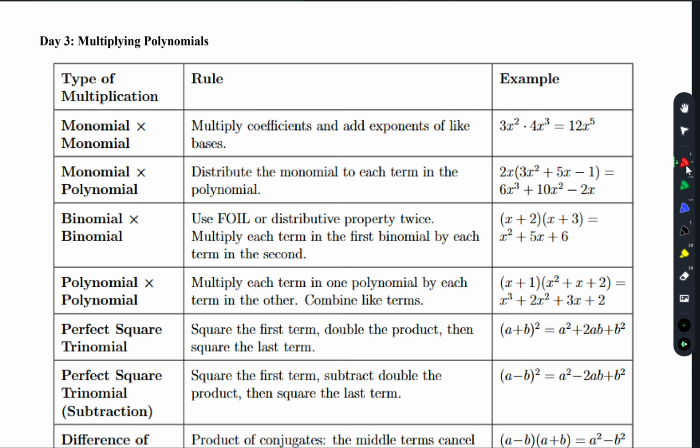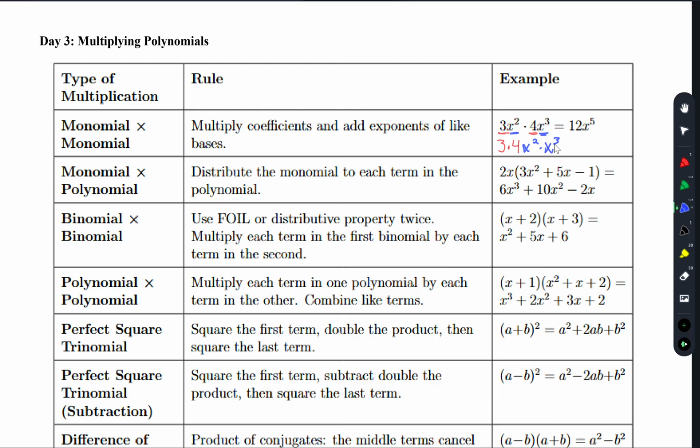Okay, so here's the deal. We're going to multiply them. So basically what you do, what you can do in your head or write it out is fine too, is you're going to group the numbers and multiply them. And then you're going to group the variables and multiply them. So that's why you have the 12 comes from 3 times 4, and then the 5 is because you